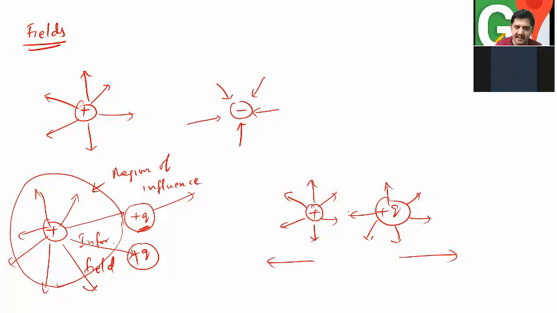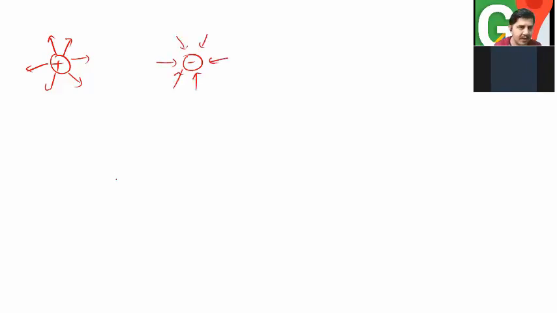Now, let us understand the negative counterpart here. Now I have a positive charge, I have a negative charge. The positive charge says, okay, I am going to throw everyone outside. Whether you are a positive charge or a negative charge, I am not bothered. But a negative charge says, I am going to pull everyone towards me. So as a result of it, what do you observe? Though this is being pushed away, this negative charge tries to pull it towards it. As a result of it, the positive charge tries to move towards the negative charge. And hence, you get an attraction. Is this clear? Yes, sir. Okay, so there is an attraction here.